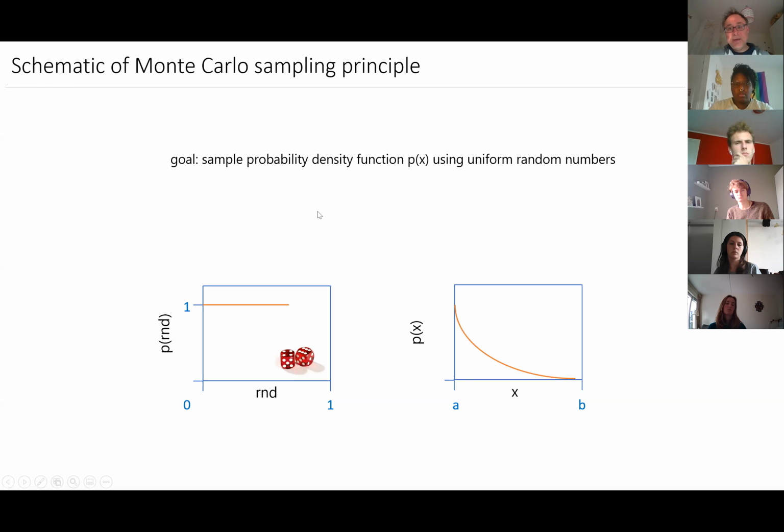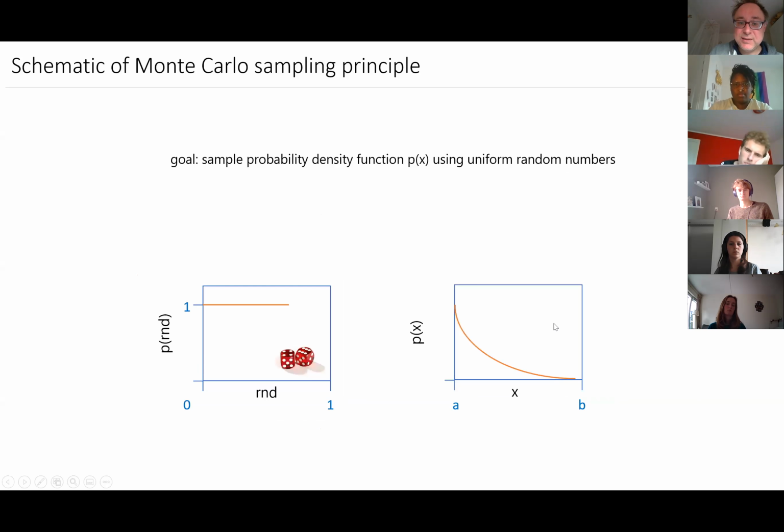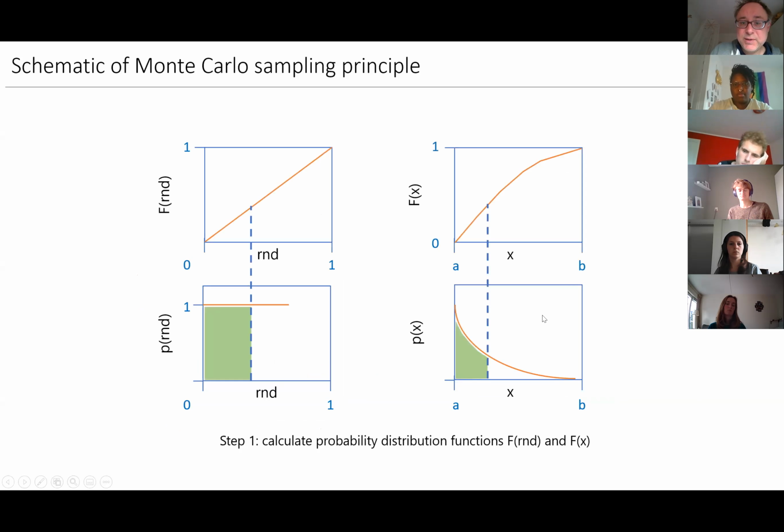The trick is not to inspect the probability density functions, but to inspect the cumulative distribution function. So just as we laid all the elements here on a line and put a uniform random number along that and saw where the overlap was, we can do that here too. So we can calculate the cumulative distribution functions for both the uniform random number and for the quantity that we're